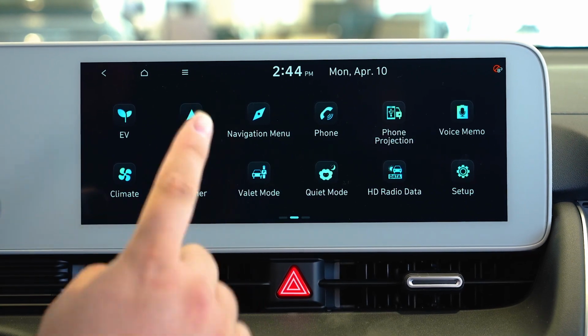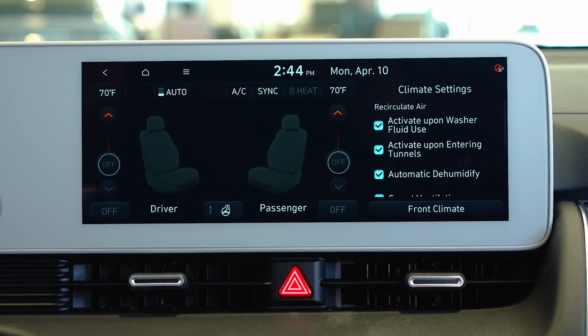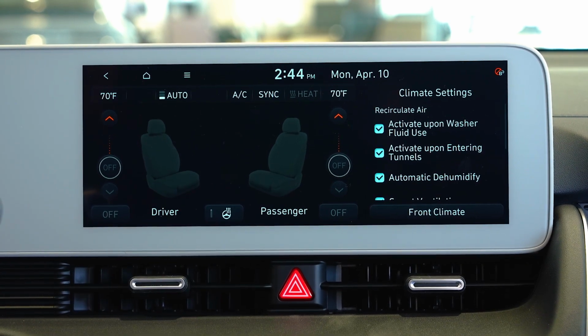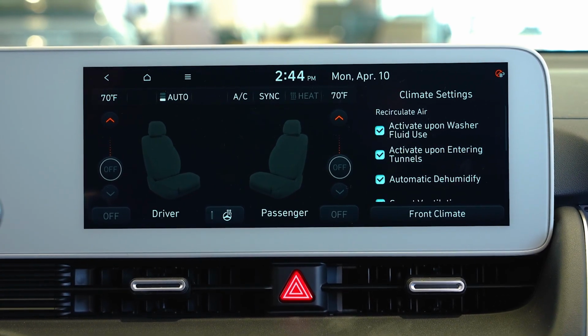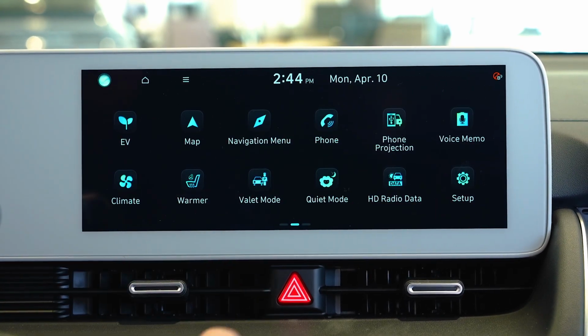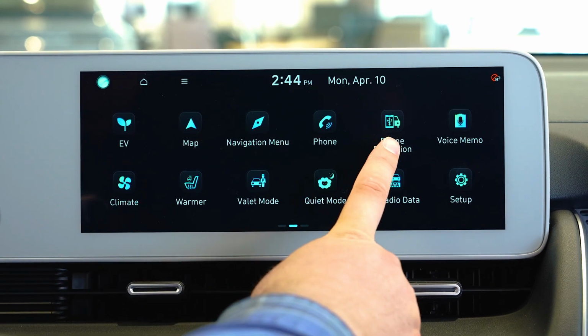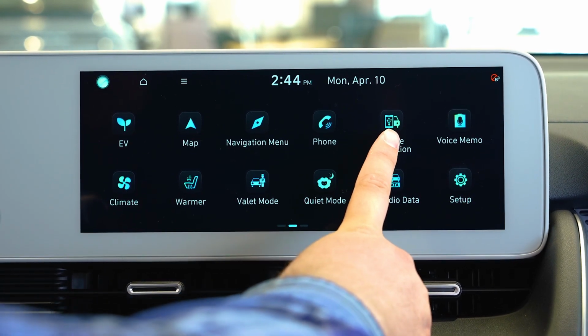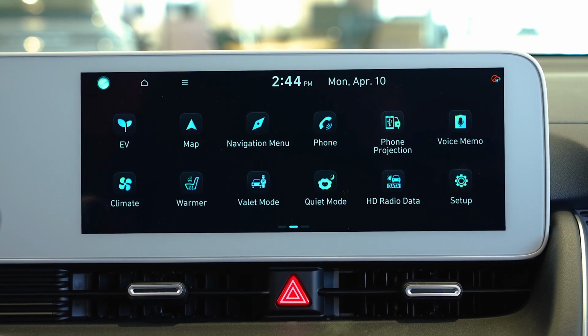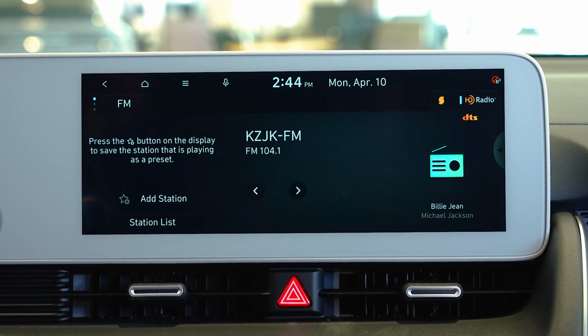You also, in the SEL trim level, have heated front seats and a heated steering wheel. In the SE, you have heated seats, and in the Limited trim level, you have heated and ventilated seats and a heated steering wheel. You also have Apple CarPlay and Android Auto standard that you can see under phone projection. And you also, like all Hyundais, have